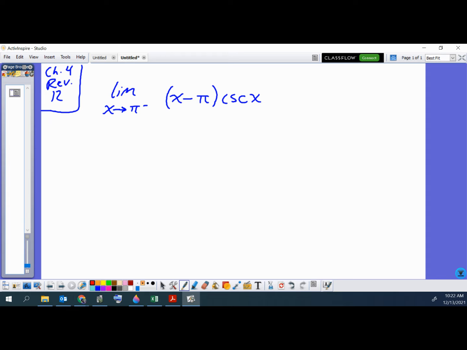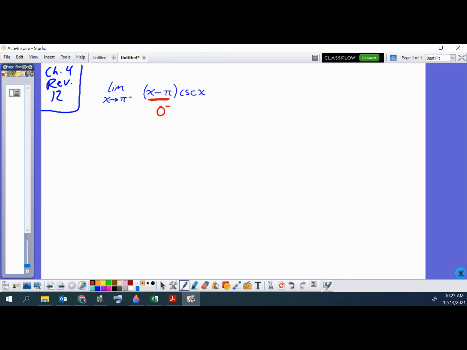So the first thing you're doing with this is trying a direct substitution approach. Okay, so let's check that out. If you plug in pi from the left into this piece, we're looking at something a little less than pi minus pi, so we're going to get something close to 0, right? I'm going to write this here, and just be careful about what kinds of things you write in the main part of an exam. But that's basically approaching 0 from the left. And you write something like that lightly as a notation by the problem maybe,